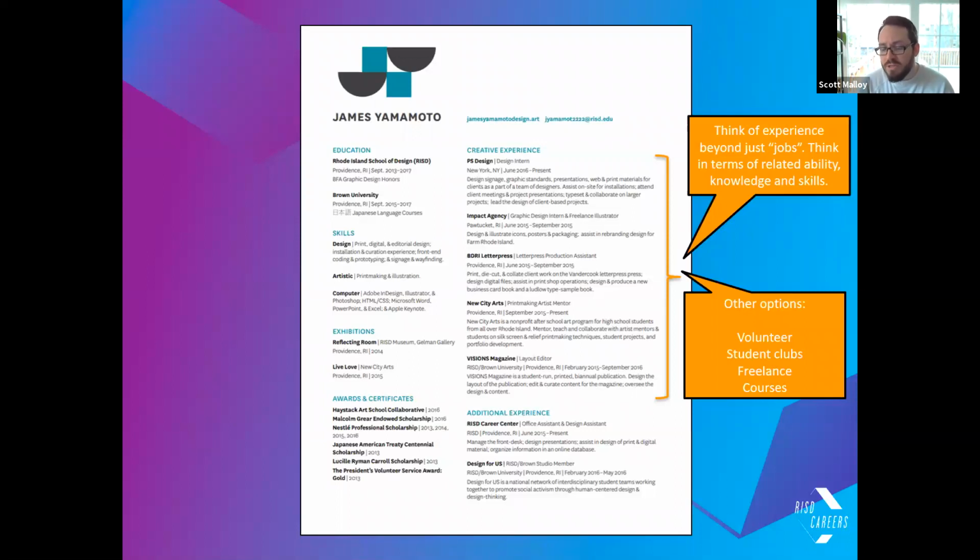It's a student publication. It's not a job. It's not something they were paid to do, but it actually shows a layout design and publication design skill set that's really, really relevant to the world of graphic design that James is applying to. So the only reason I'm highlighting this for you is definitely look holistically at all of your experiences